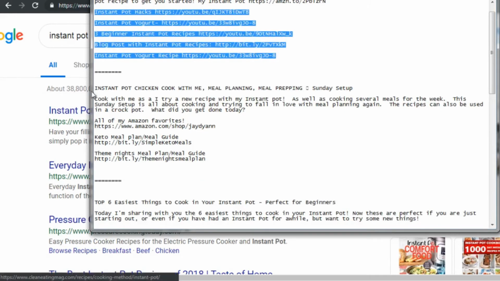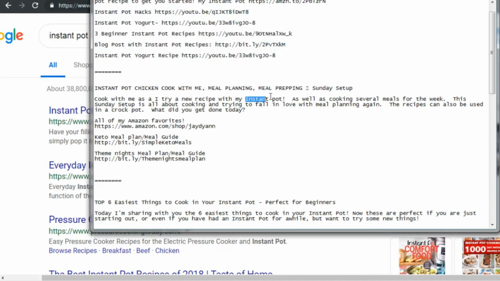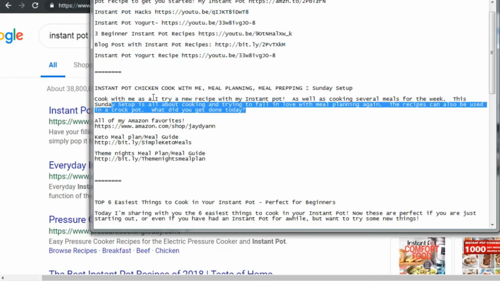So now we look down here, it says Instant Pot chicken. This is the lady who is ranking really high on Instant Pot, but also Instant Pot chicken. So it says cook with me as I try a new recipe with my Instant Pot. So we can see the keyword Instant Pot here. And as you can see, the description is really written for the user, but it contains the keywords that are